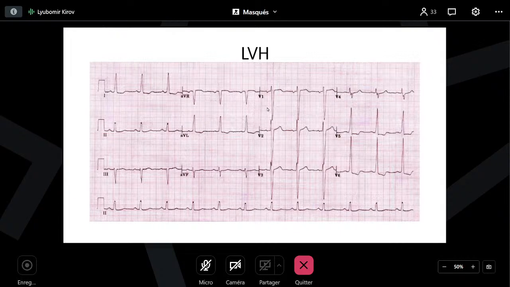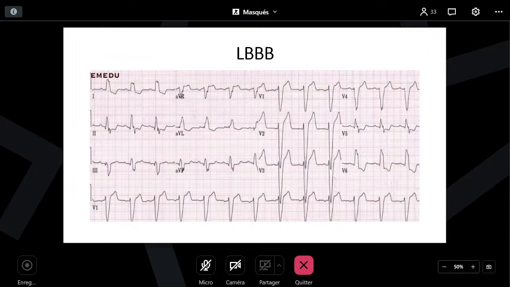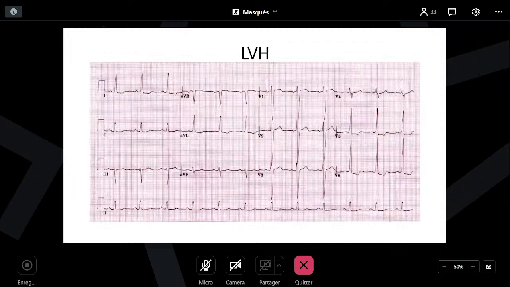And now let's have a look at the left ventricle hypertrophy. Left bundle branch block, left ventricle hypertrophy. The QRS complex in left ventricle hypertrophy could be